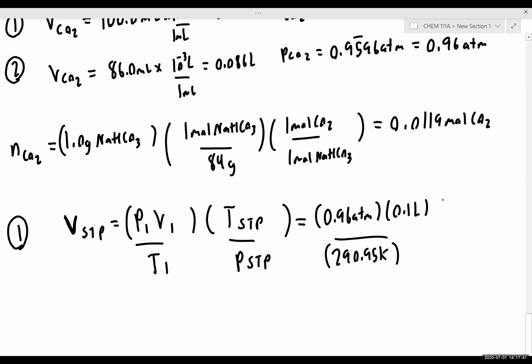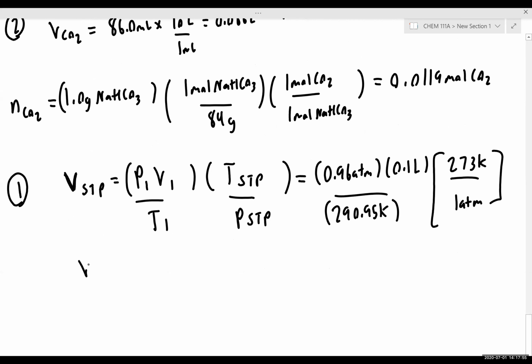The temperature at STP is 273 Kelvin, and the pressure at STP is 1 atmosphere. That in turn gives us a volume at STP for trial one equal to